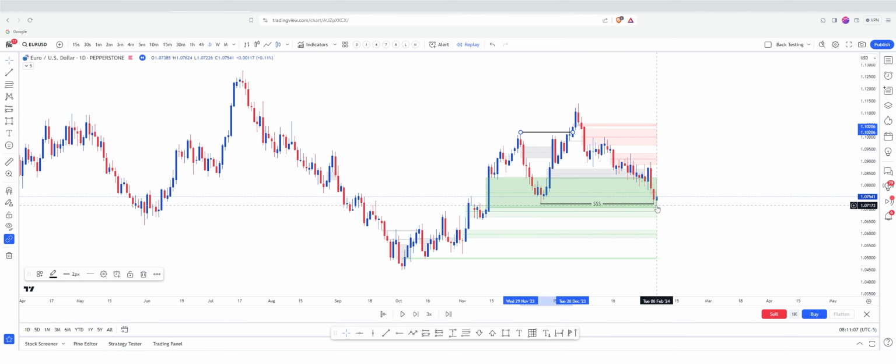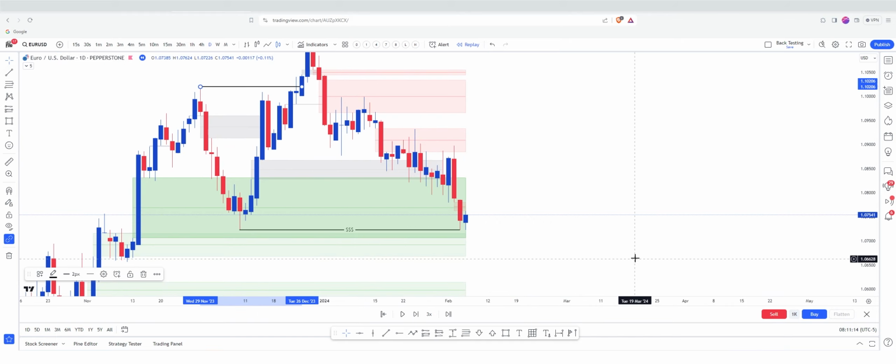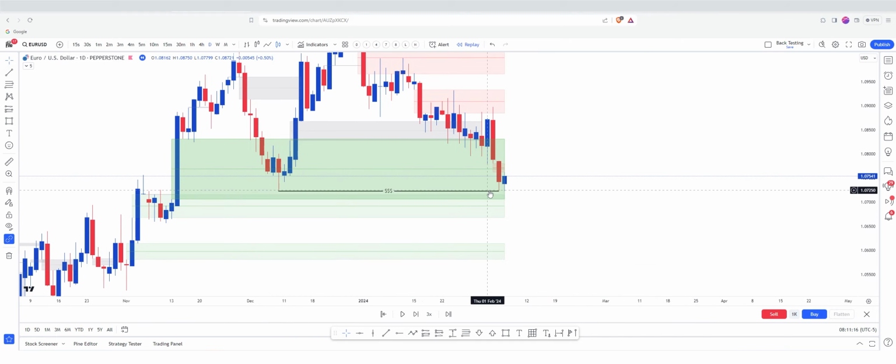We've since, on Monday, created relative equal lows. Tuesday, yesterday, we pipped through the bottom of that low and then rejected. So again, we've got another failure to displace here at this level. We have taken these relative equal low liquidity just by a point or so, but we've closed back in the range. So we've taken external liquidity here,